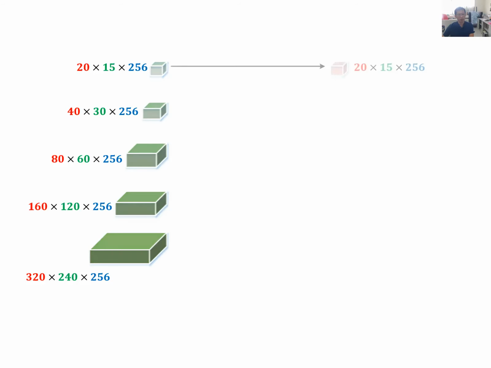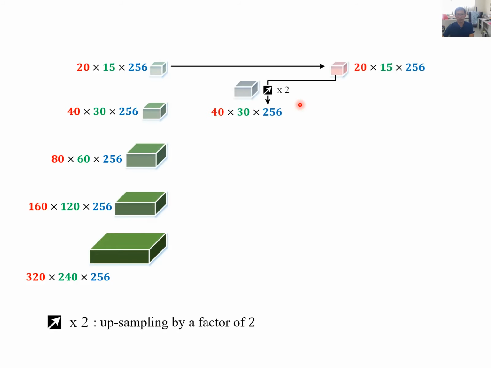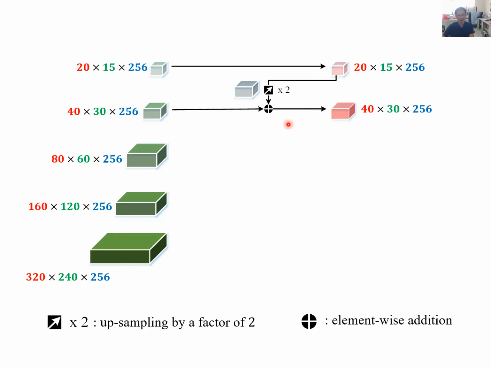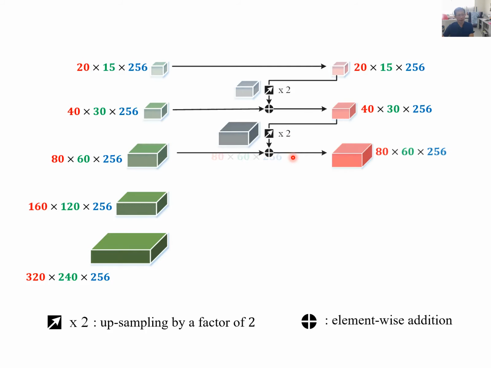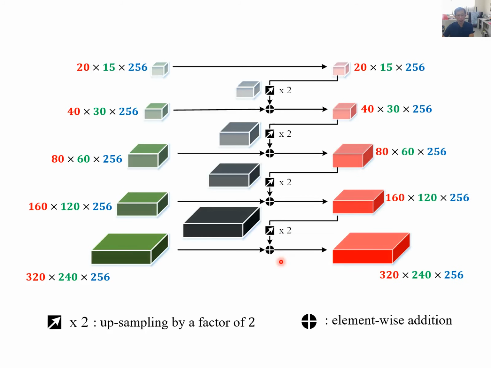In this example, we firstly upsample the topmost feature map by a factor of 2, and then merge the upsampled feature map with the one from lateral connection by element-wise addition. Again, we upsample the resulting feature map and merge it with the one from lateral connection. Repeating upsampling and merging until the bottommost layer, we finally achieve semantics propagation and obtain a feature pyramid.